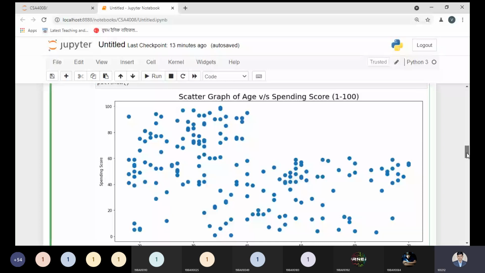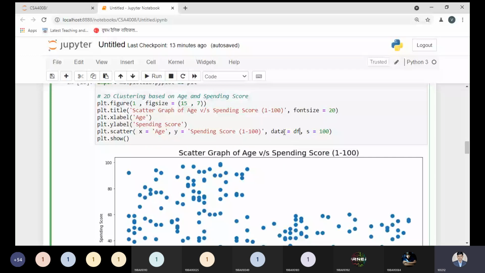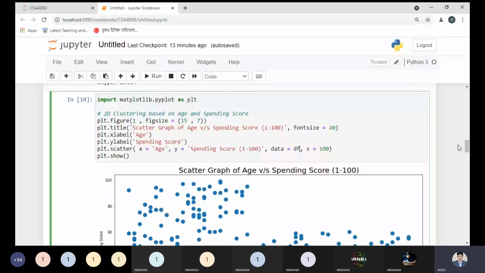Okay, so any doubt to understand this code? Just let me know once again how we are plotting the scatter graph. It is visible and understandable to all. Yes, sir. Okay.